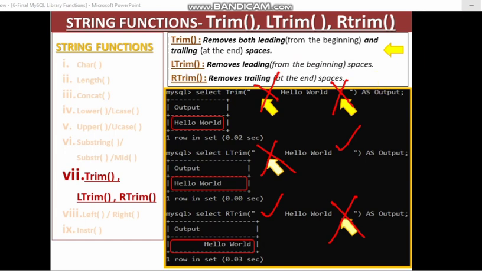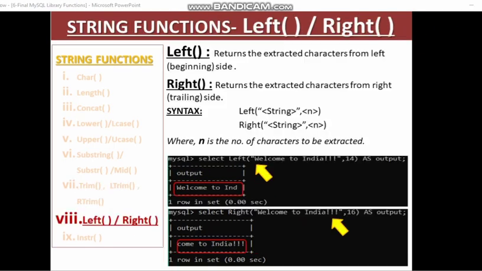Now moving on. Now left and right functions. Left function returns the extracted characters from the left or beginning side, and right, it extracts characters from the right or the trailing side.